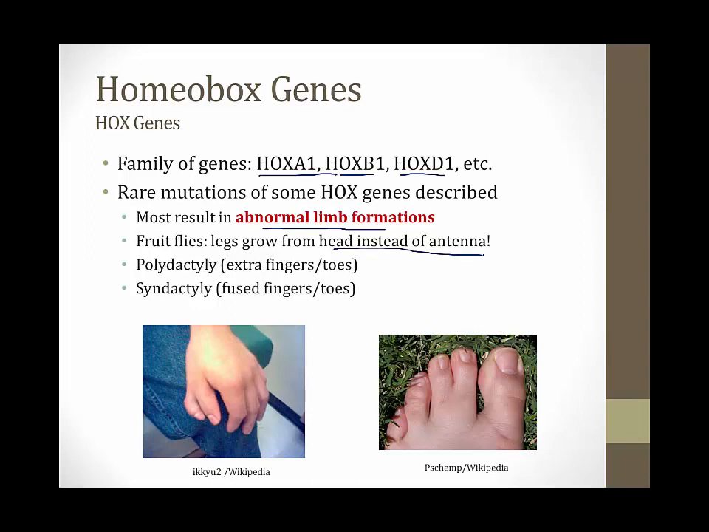In humans, rare mutations have been described as leading to polydactyly, which is the presence of extra fingers or toes. This is a person on the screen here with polydactyly who has an extra finger. Also, mutations of these genes have been described as leading to syndactyly. This is where there is fusion of fingers or toes, as shown in this example on the right side of